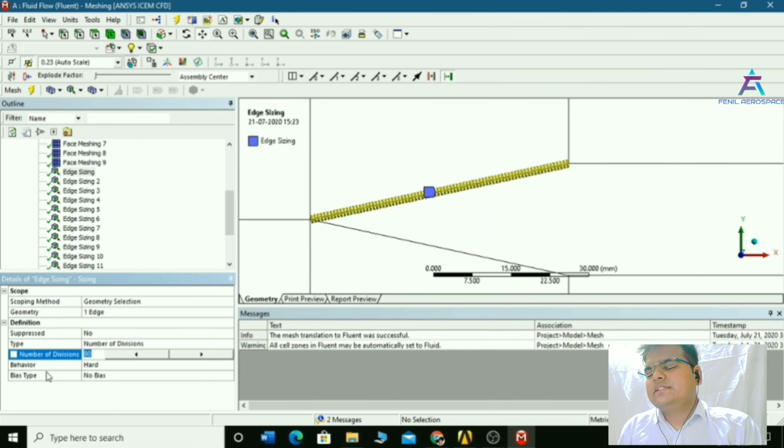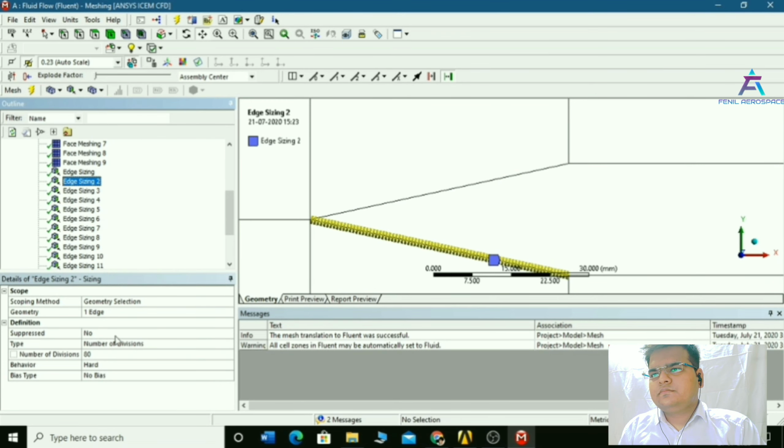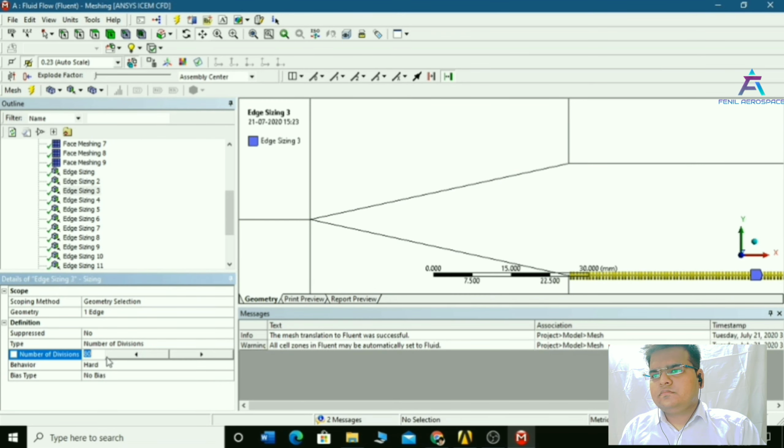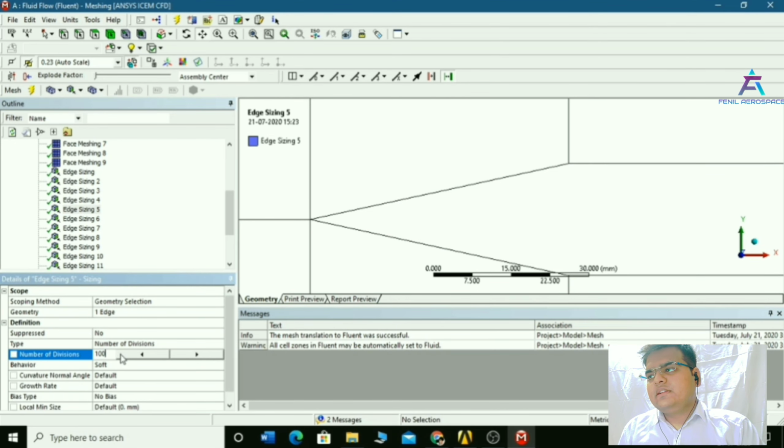So right click on mesh. For more accurate mesh, we can give the number of divisions more.